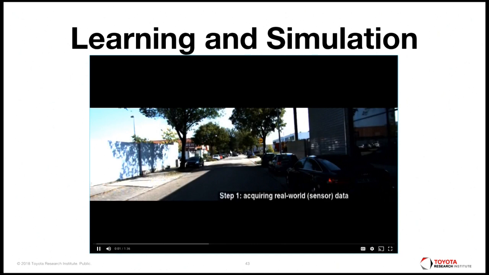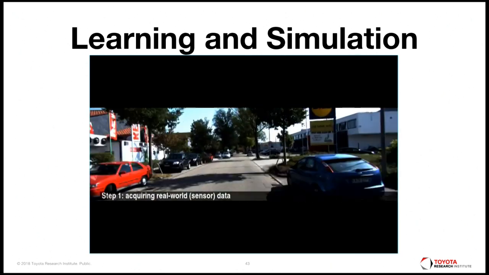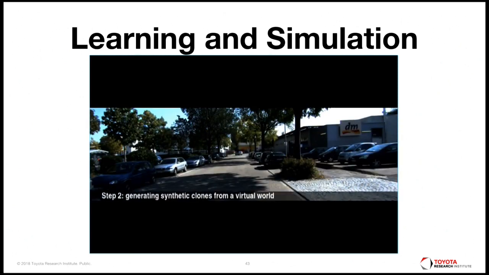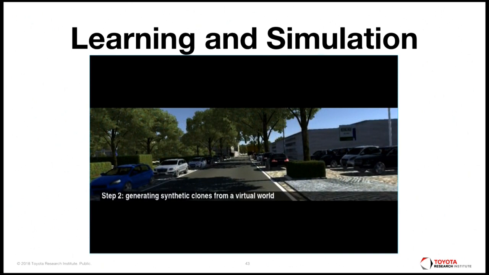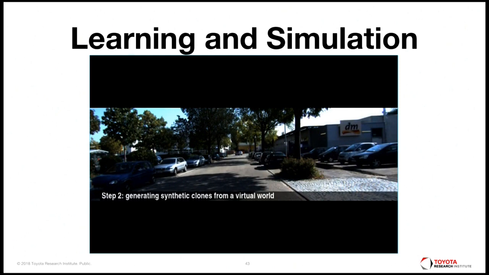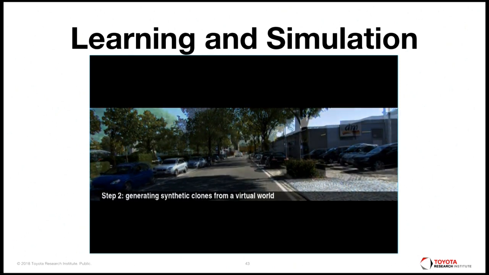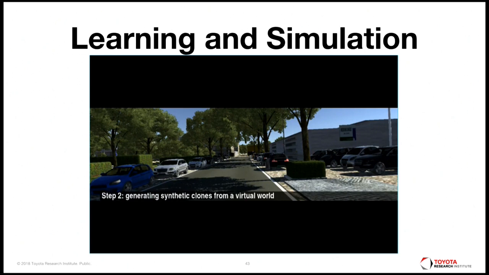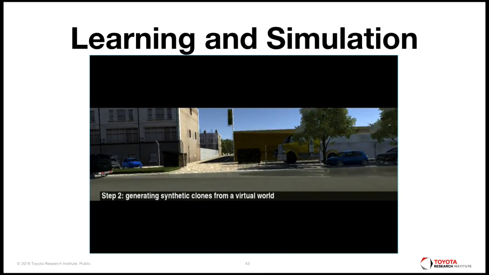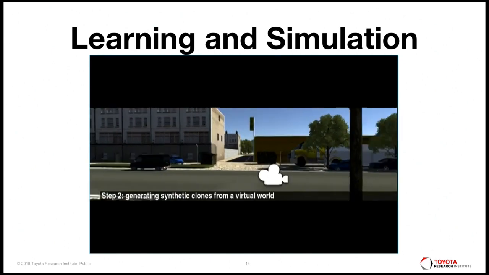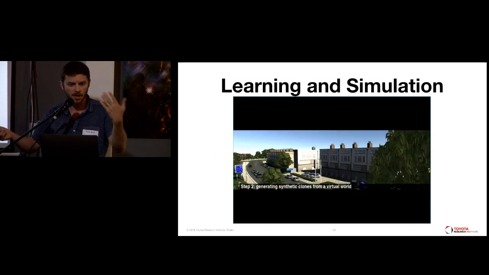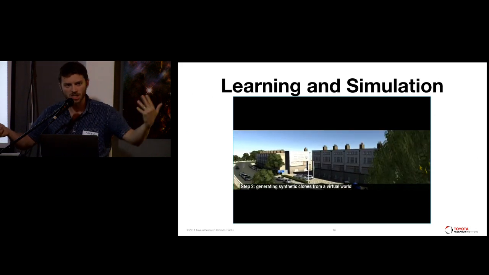So simulation, I can describe some past work I did. You have some video and you say, all right, it would be great if I could change the position of that car. What if it was raining? You can do what economists call ceteris paribus analysis, which means what-if analysis, or intervention calculus. What if it was a girl here? What if it was a basketball here? Obviously you can't do that in the real world. You can't modify the past. But if you can recreate the matrix, if you can recreate in simulation something you've seen, and it's actually a full virtual world, not just an image that looked like the image I've seen,